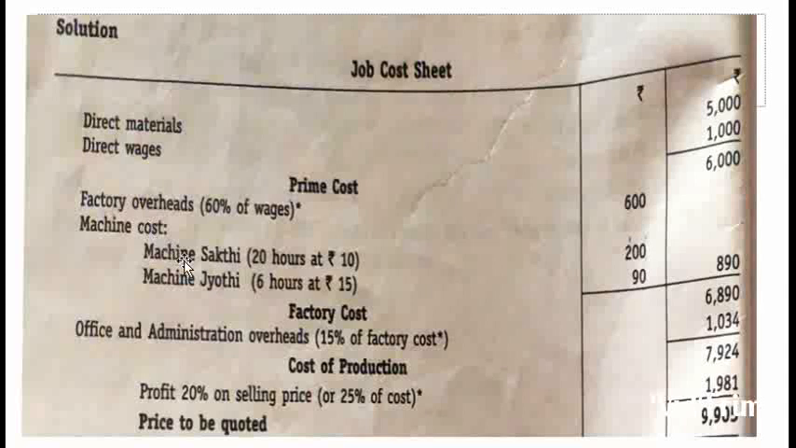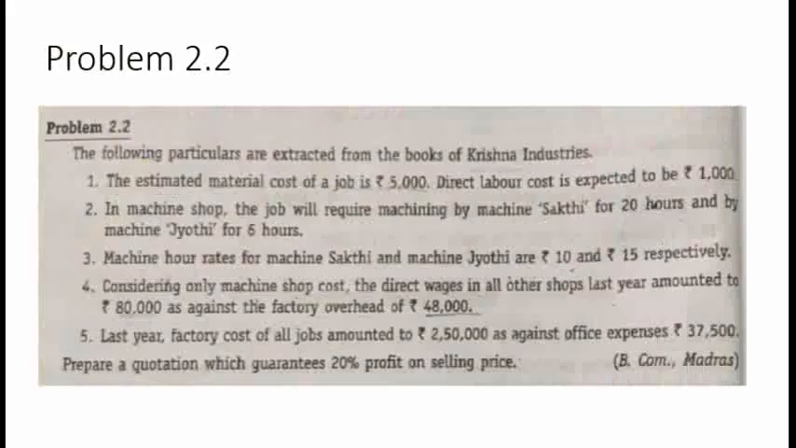Under factory overhead, machine Shakti 20 into 10 will give you 200. 6 hours of Jyoti into 15 rate will give you 90. So the total factory overhead is 890. So the total of it, add prime cost plus factory overhead, will give you a factory cost which is 6,890. So after this we have the other question which follows, stating last year factory cost of all jobs